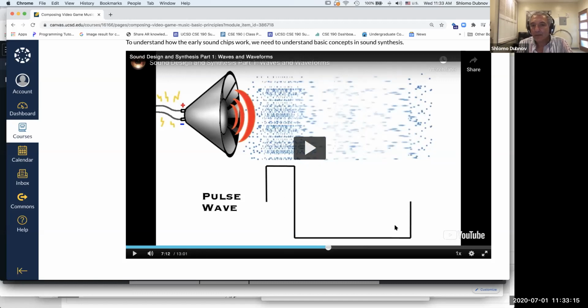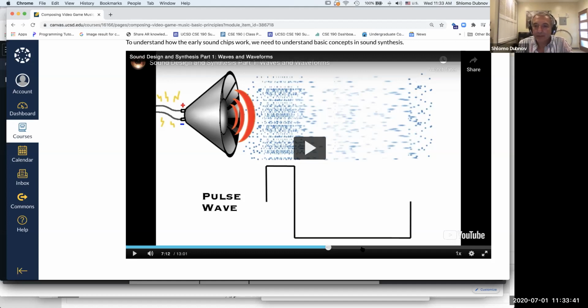But once you start talking about different waveforms, like this pulse wave, which corresponds to changes in air pressure, you have a lot of pressure and suddenly a drop of pressure, and the manner in which these air pressure waves arrive over time, you perceive as different tones.